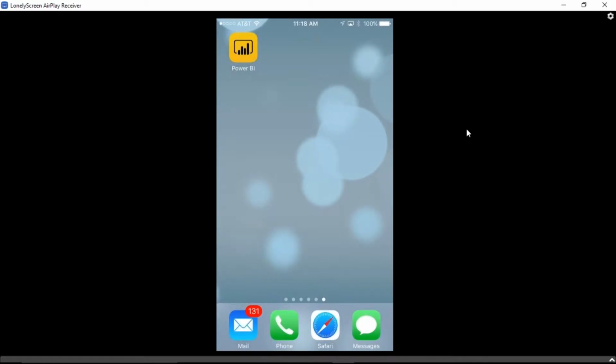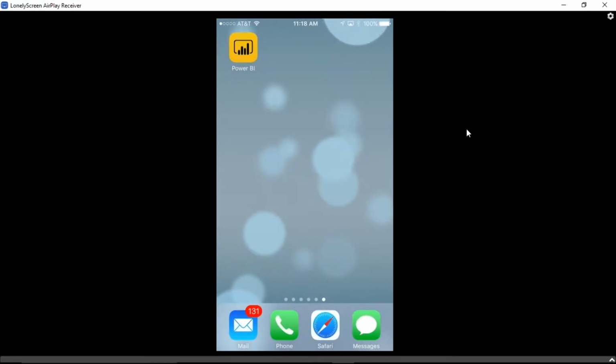All right, so to show you a couple things about the Apple iPhone app for Power BI, I want to walk you through it. Now, there's a couple things. If you have an iPhone already, you might be familiar with a few of these things, and depending on the iPhone version, you have some of these features. Like this first one I'm going to show you, for example, may or may not be available to you. One of the things that you can do with the